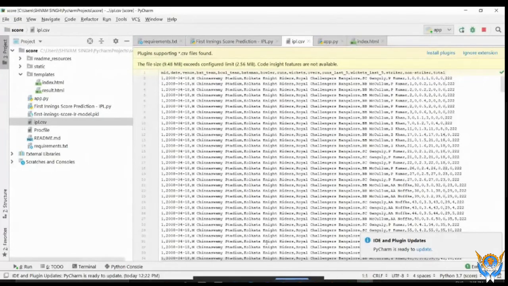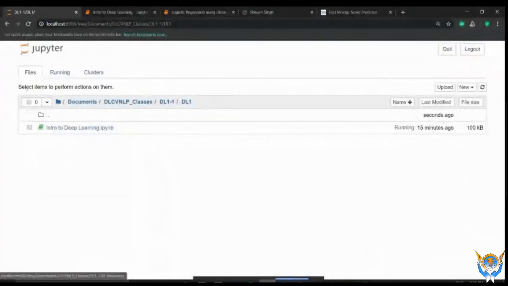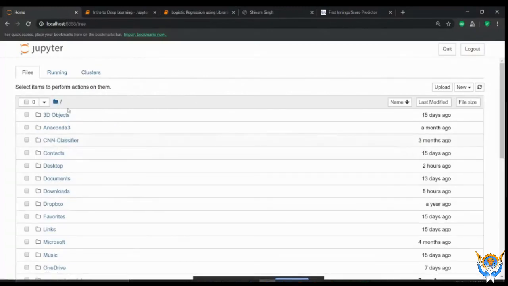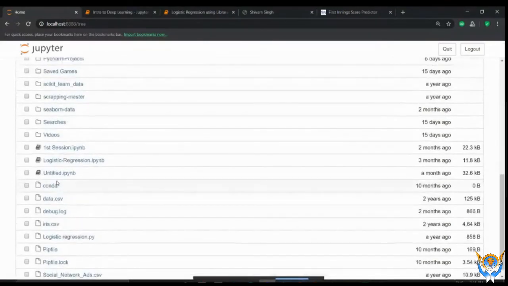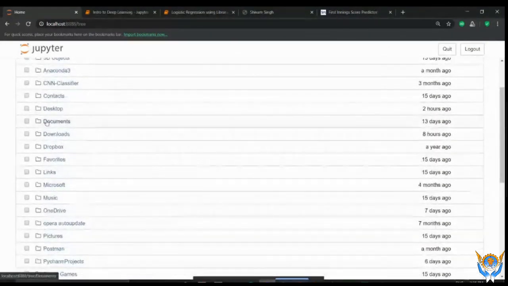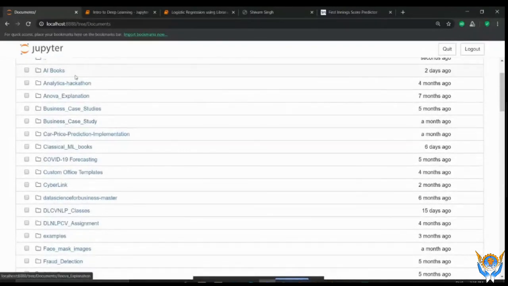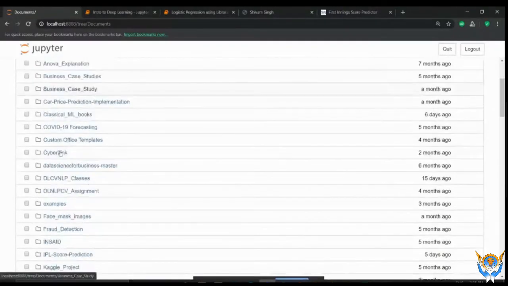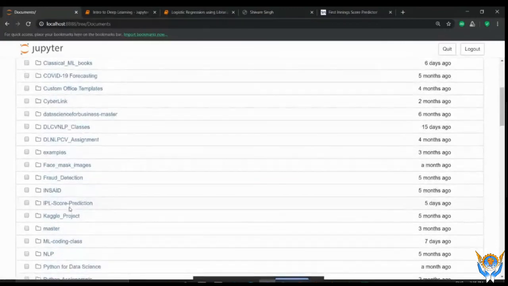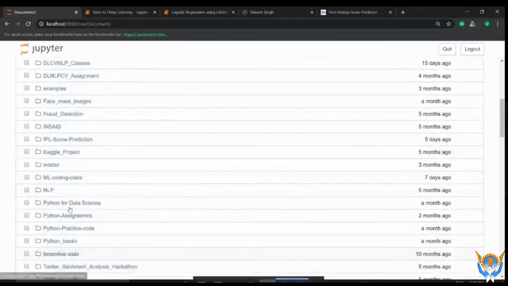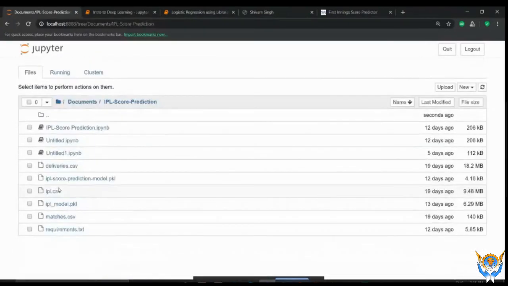This file contains, one second guys, I will show you in a more proper manner. So this is our Jupyter notebook. On this notebook we have to do all the work. Just wait for 1 or 2 minutes. Where is IPL? Yeah, score prediction. Okay, fine.